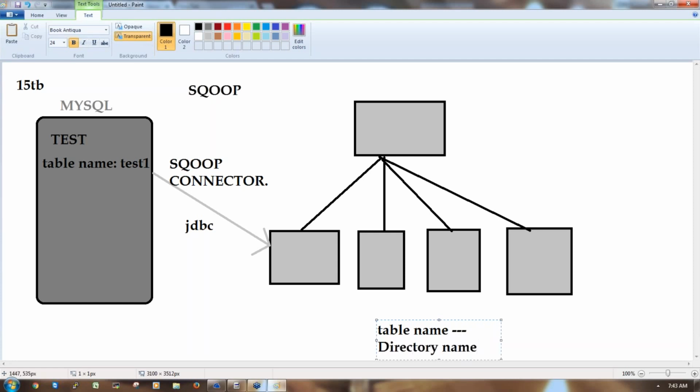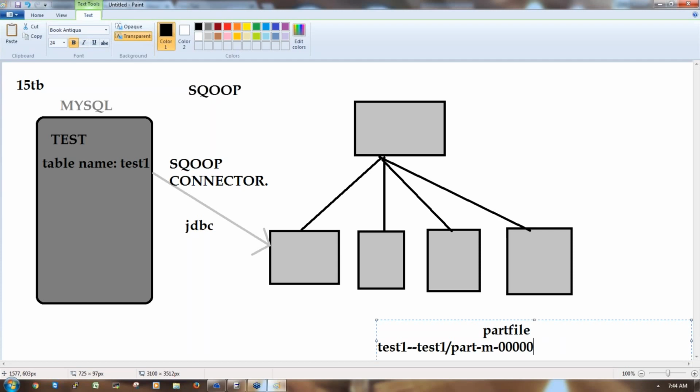So Sqoop creates a directory. Under this directory, Sqoop creates a part file which contains the data. Suppose I am trying to import the test1 table, then Sqoop creates a directory with the name test1. Under the directory test1, it creates a part file.